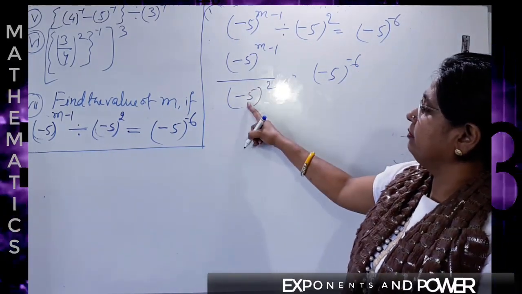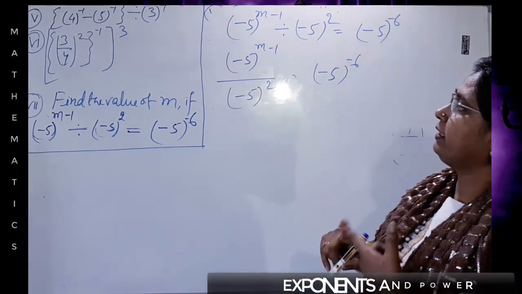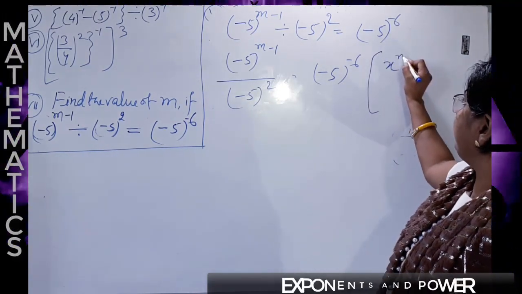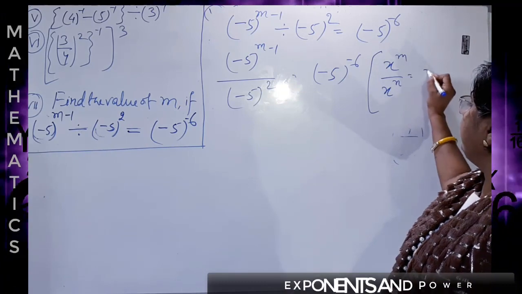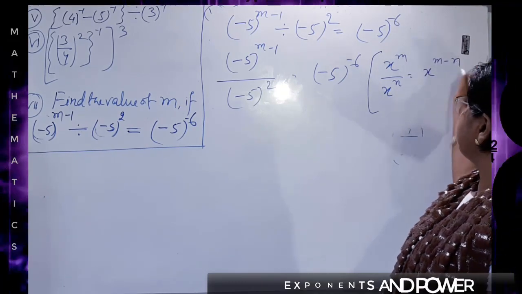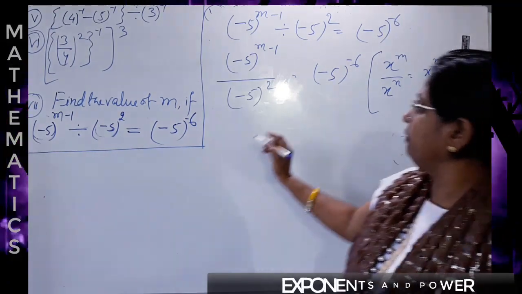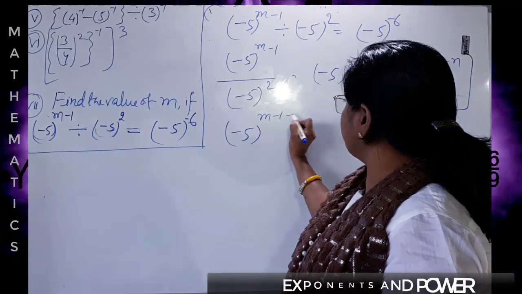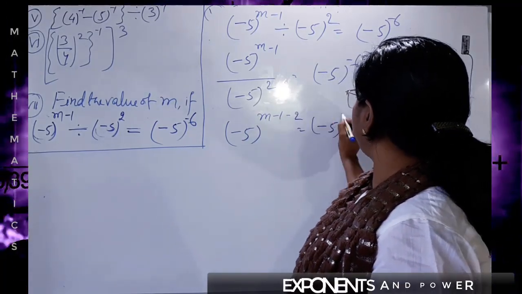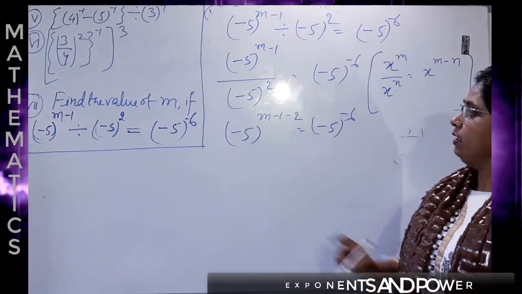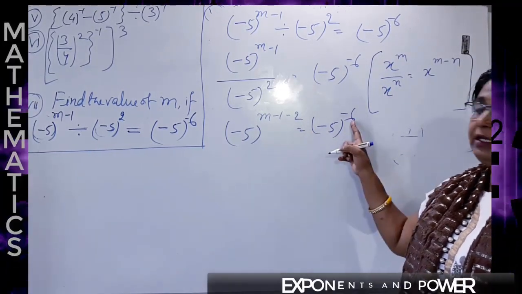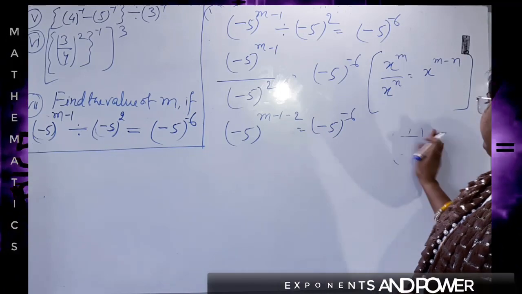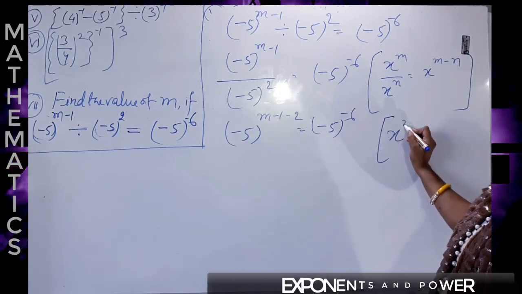Now bases are same. That means x to the power m by x to the power n, like this. x to the power m by x to the power n is equal to x to the power m minus n. This formula we will use here. Bases are same, so (minus 5) whole to the power m minus 1 minus 2 is equal to minus 5 to the power minus 6. Now bases same, only powers are different. So equating both powers, just like x to the power m